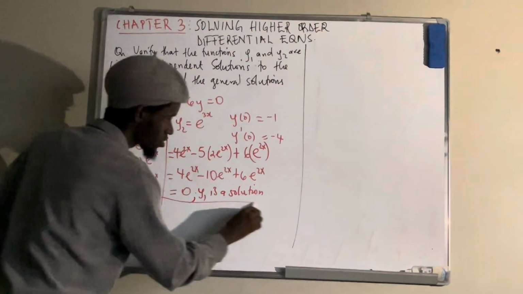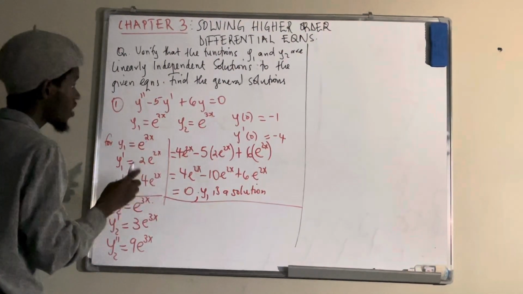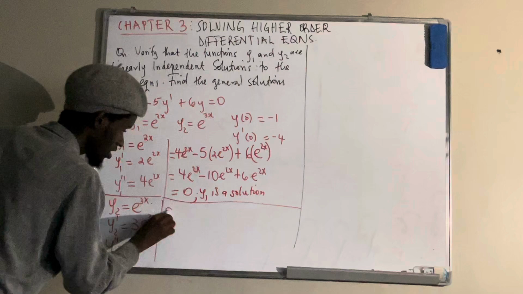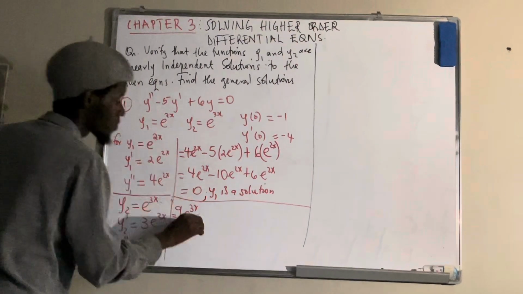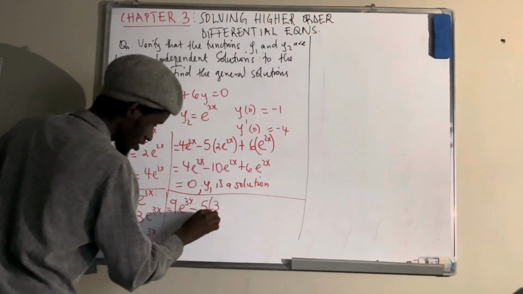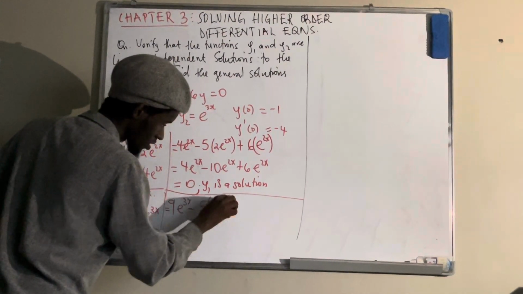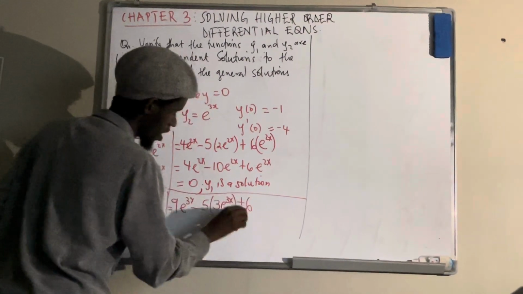Then if I substitute these into my general equation, I will have 9 e power 3x minus 5 times the first derivative, 3 e power 3x, and then plus 6 times y, my y is